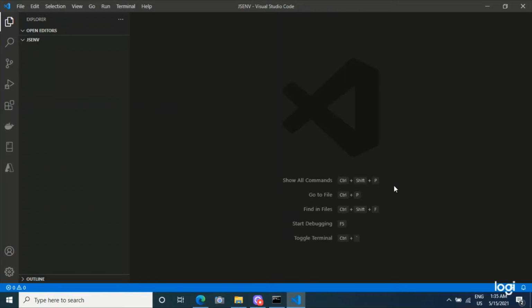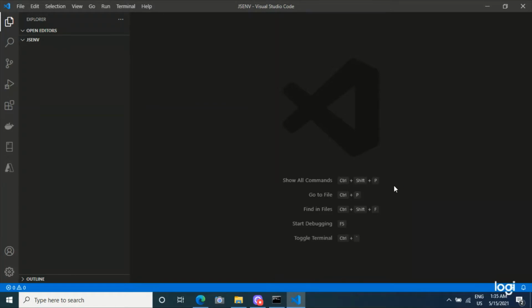Now the fourth step. The project folder is created. Now the fourth step is create a package.json file for the project. To create that, I need to run the npm command